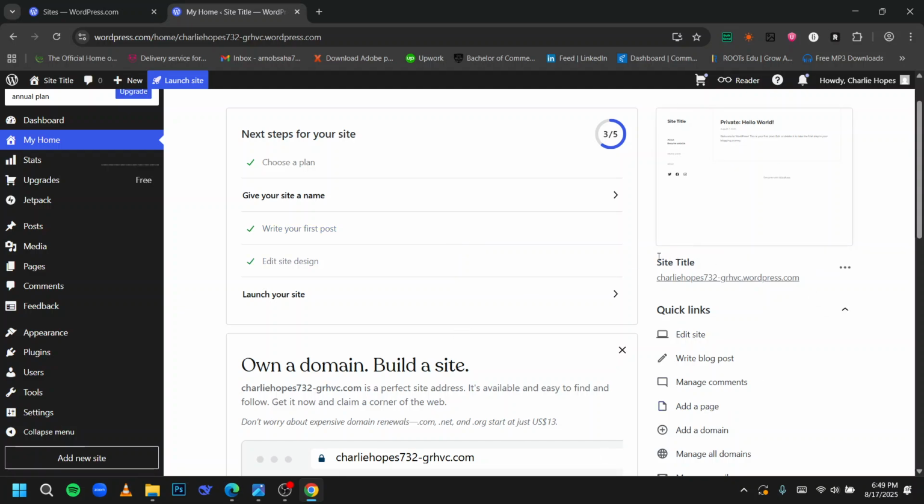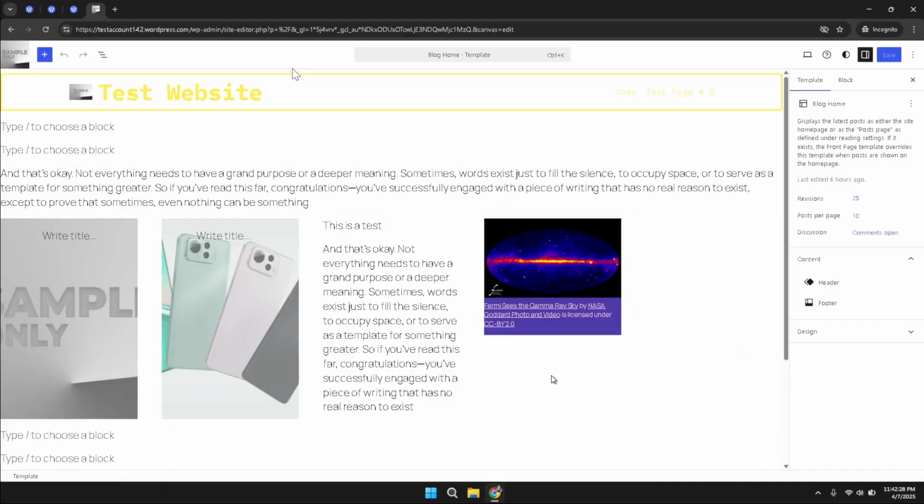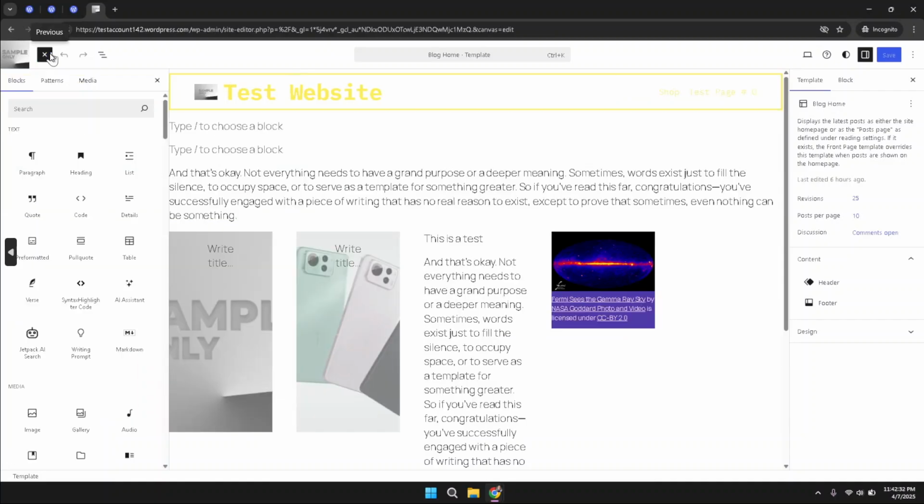And from here, in the quick link section on the right hand side, you have to simply click on the Edit Site option, the first option. Here you can see you have to just simply click on it, and after that it will simply take you to a page like this where you can edit your site. And from here you have to click on the top navigation plus icon here. You can see the blue mark top navigation plus icon, and then